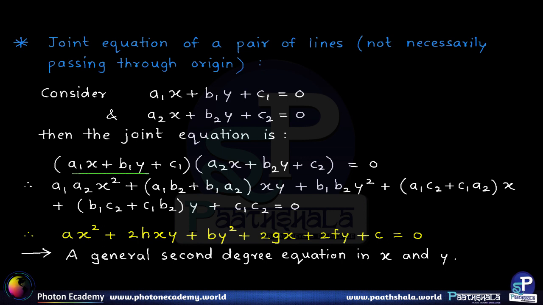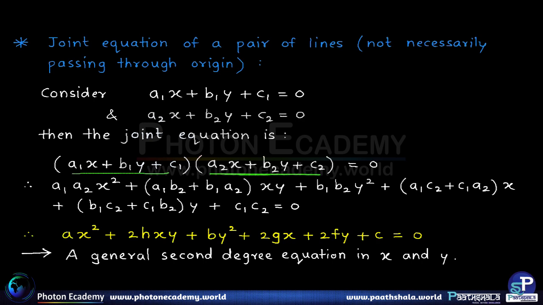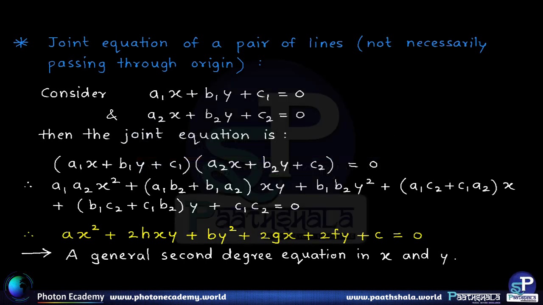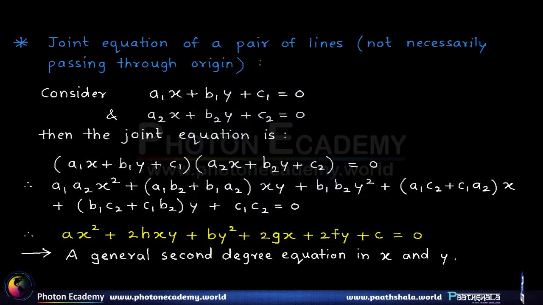So on multiplying we will get a lot of terms in the expansion. So there will be one x square term, xy term, y square term, and the terms in x, y and the constant term as shown here. So we see that all those coefficients we replace with simpler symbols. For example, the coefficient a1, a2 of the x square term, we write it as simply a. Okay. Similarly, we replace all other labels with the simpler symbols, and finally we get the general second degree equation